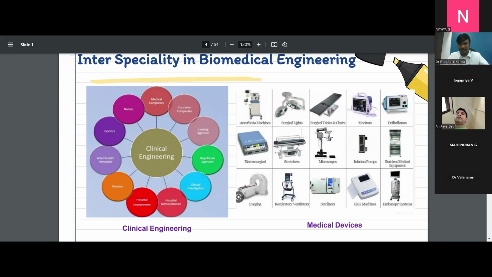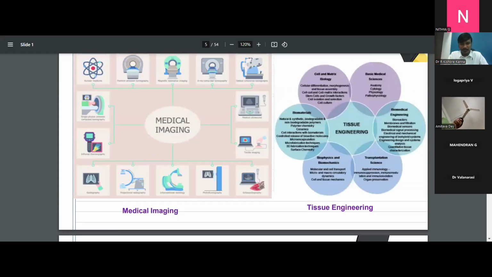Where imaging, supporting systems such as the patient monitoring system, ventilator, oxygenator, sterilizer, and machines like ECG, EEG, EMG, and EOG, which record the electrical activity of the human body, come under medical devices. So next one is the